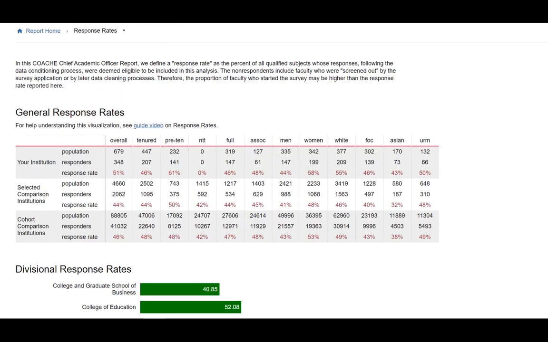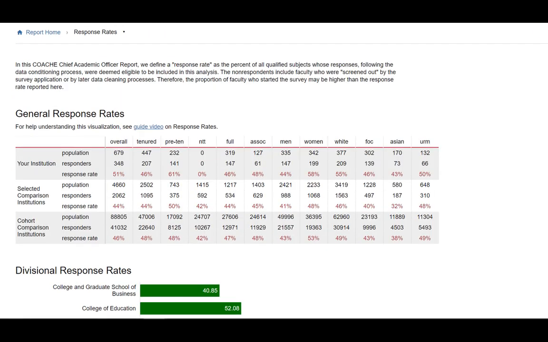and content. In the response rate section, you'll find breakdowns of how different subsets of your faculty responded to the survey versus other groups. You'll also see divisional response rates, as well as the response rates of your peer institutions and the entire cohort. Also note that you'll find additional training videos throughout the report to help you understand and interpret your results in